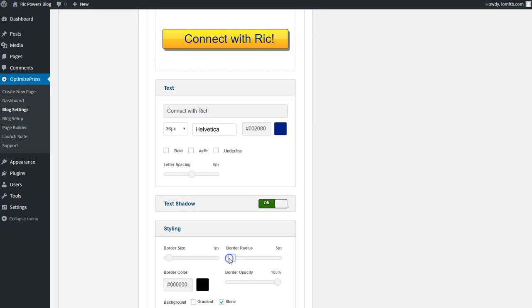Now see how this goes all the way to a square, and then all the way to the other side it's rounded. And then you can go in between. See how it's changing? See how it's getting squared off more and more? Let's say we want something like that. That's pretty cool. A little more roundy. A little more roundy. There we go. And